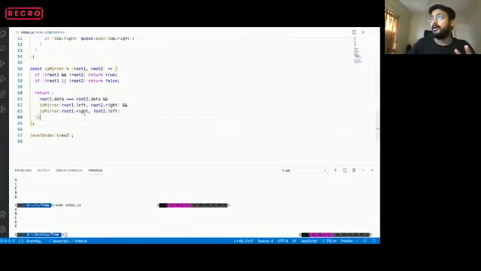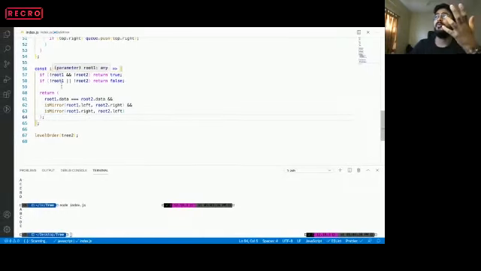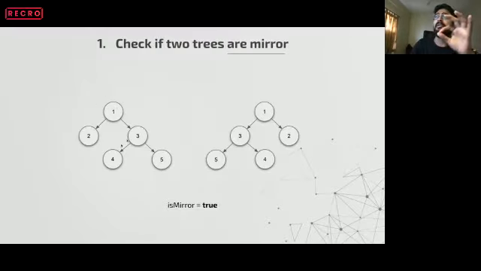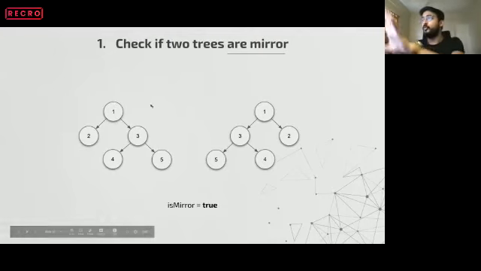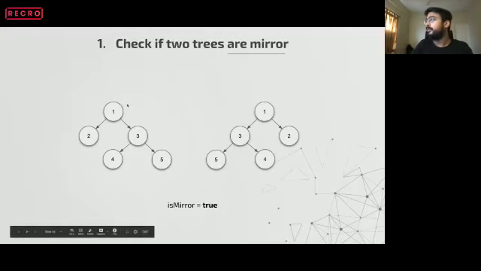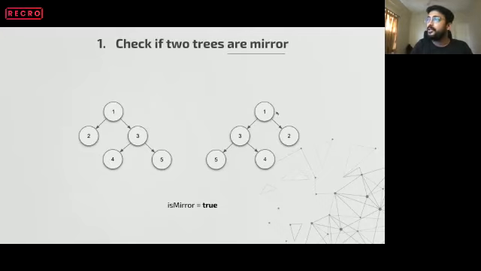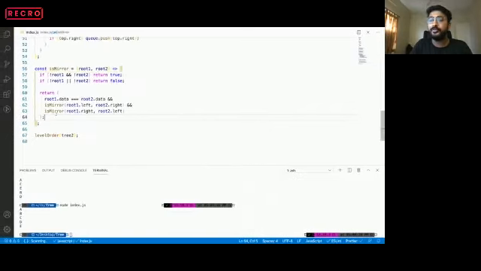So again, as I was telling, how do we think in this perspective? How do you define if it's a mirror or not? It's very simple, just think in terms of recursion. You are at the root, comparing two roots, tree 1 and tree 2. If the root is equal, then you're fine over there. Then you check if its left subtree and the other's right subtree are equal or not. If they are equal, then it is fine. So the same thing we have written in recursion: isMirror of root1 dot left and root2 dot right, as well as isMirror of root1 dot right and root2 dot left.